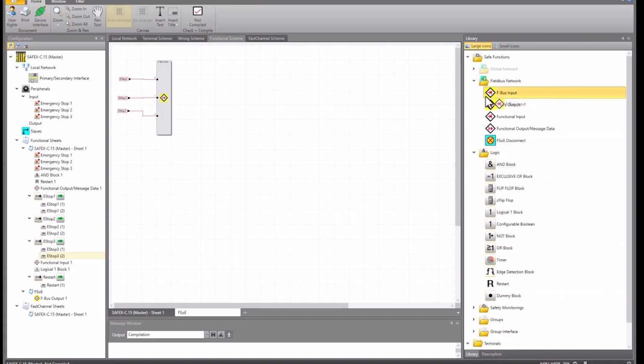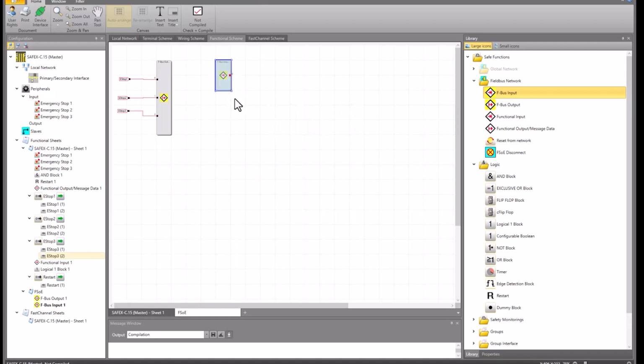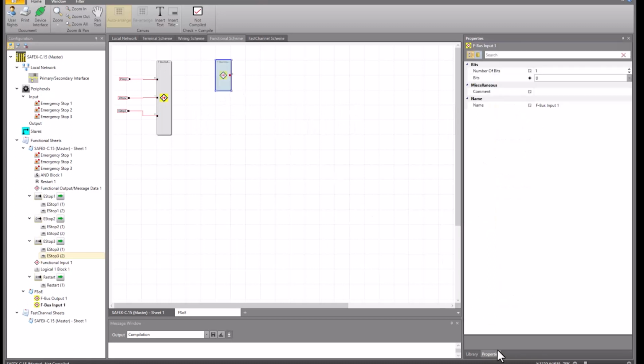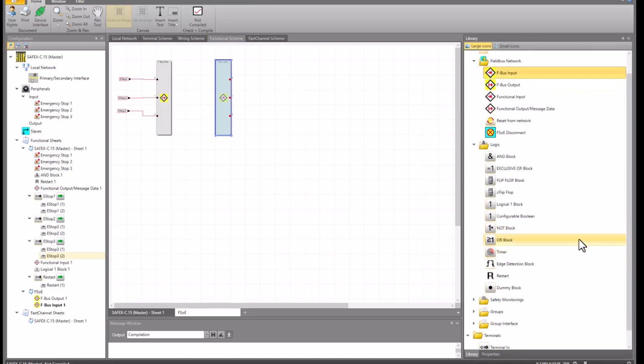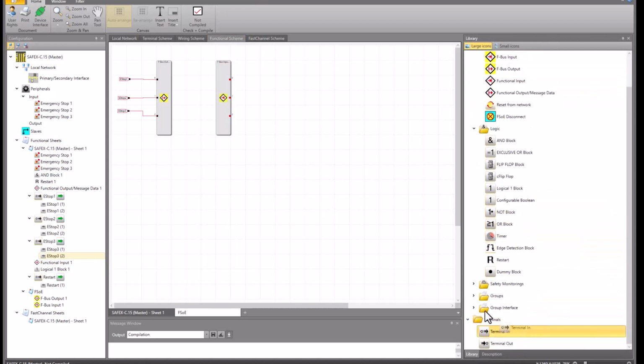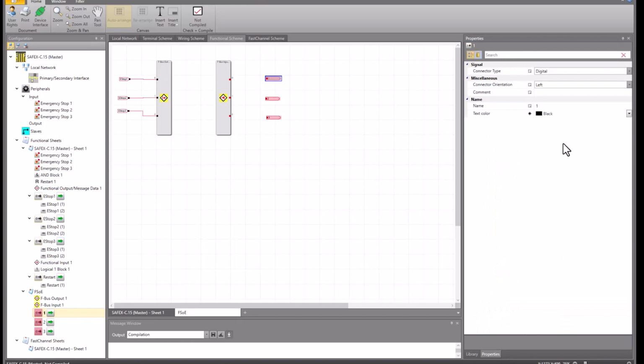These are the inputs that the FSOE master sends us. There are also 3 of them. Then we do it like in the other program. We take terminal in for it. And have a look at the properties. Now change the name.